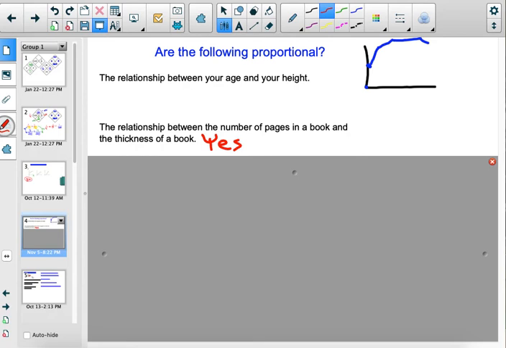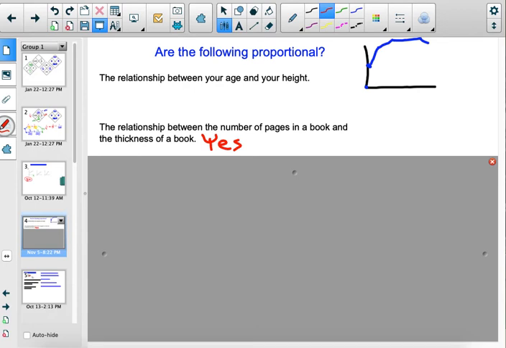Yeah. So if we think about it, let's just say this book has 1,000 pages. If I cut it down to 500, would the thickness go down by half, pretty much? Yes. If it had no pages, would these covers touch each other and be 0? Yes, if it had no pages, these blue covers would be touching. It would be a 0 thickness.